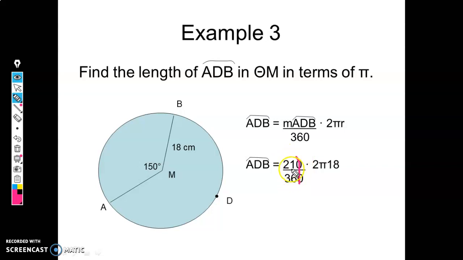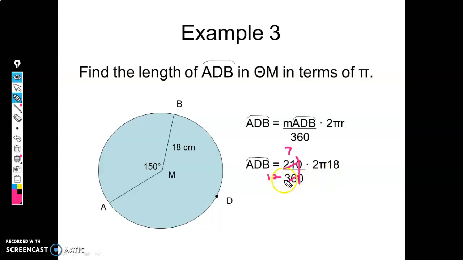Then, you could reduce this fraction in the calculator right away. Okay, if you have the ABC key, you can type 210 ABC 360, and it'll reduce it for you, which is nice. But you know, 21 and 36, okay, the 21 could become a 7, the 36 could become a 12,